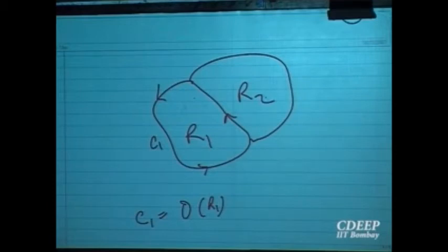When you want to calculate the line integral of the vector field over R2, what will be the anti-clockwise orientation? This one. The vector field is the same on both. Now you see that this line integral will be in one direction, the other one in the other direction, so this will cancel out. In the line integral part, these two line integrals will cancel out because they will have opposite orientations. So you will get on the right hand side the double integral over R1 plus the double integral over R2.